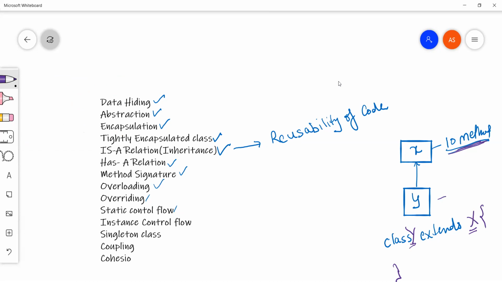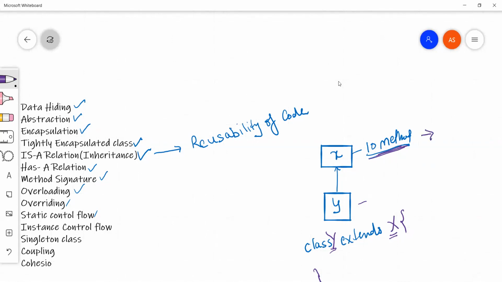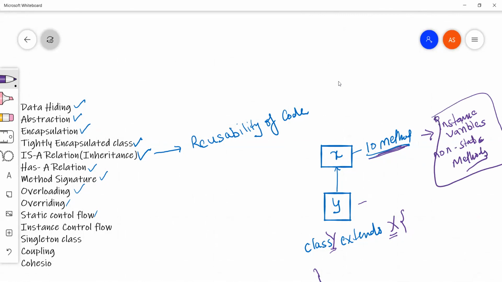Getting my point? What properties? Instance variables or instance members, non-static methods, right? So whatever we are going to define here would be available for this class when we say extends.